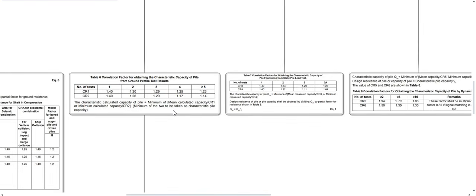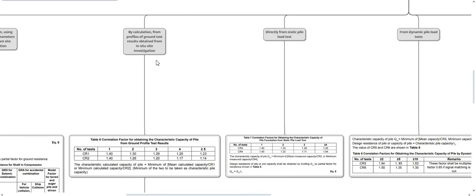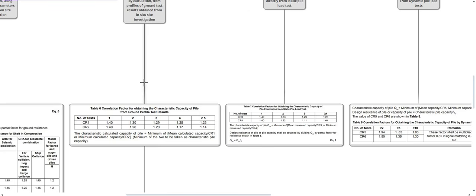After this calculation, we have to divide the entire load, that is the reduced capacity, by the model factor, 2 in this case. This way we'll get the ultimate design resistance or the capacity of the pile. Here GR1 is for load combination 1 and GR2 is for load combination 2. In our second method, where we are calculating the pile capacity from in situ site investigation, it is based on the number of tests we carry out to calculate the capacity of the pile.